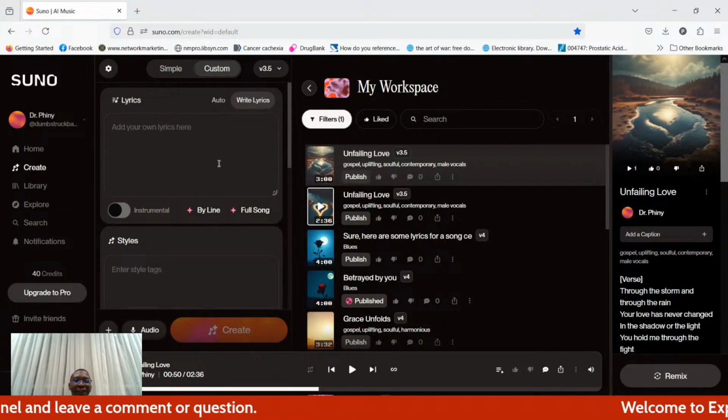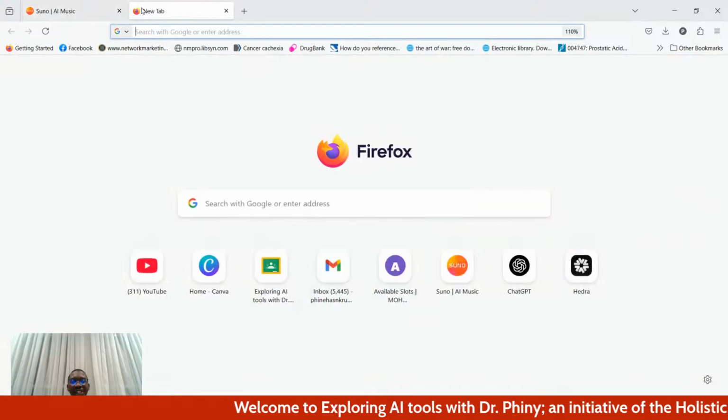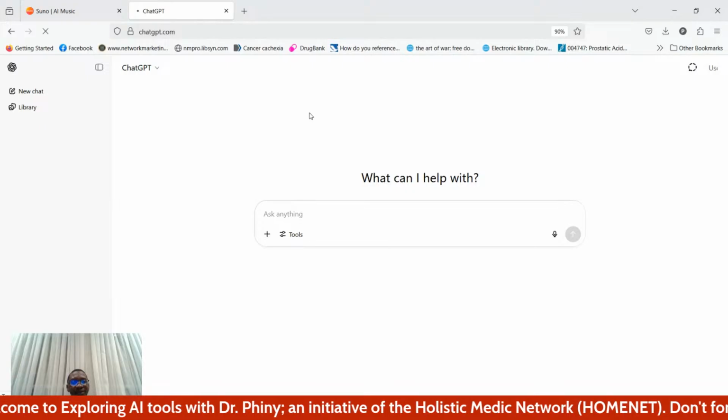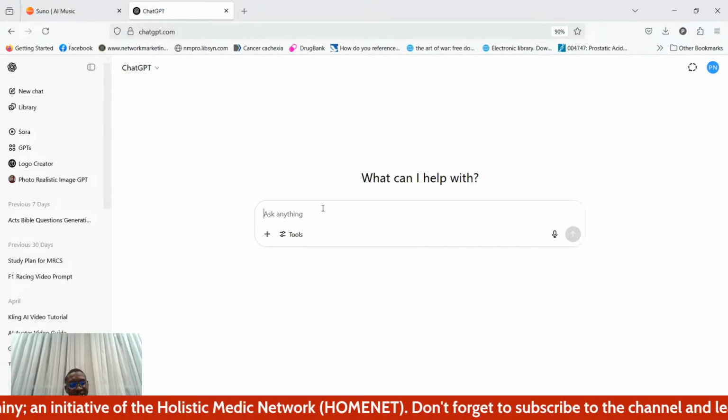I don't have any lyrics off head. So what I did, especially with the music that I played in the beginning, was that I went to ChatGPT and then I generated lyrics from ChatGPT. Okay, so I'm going to say generate